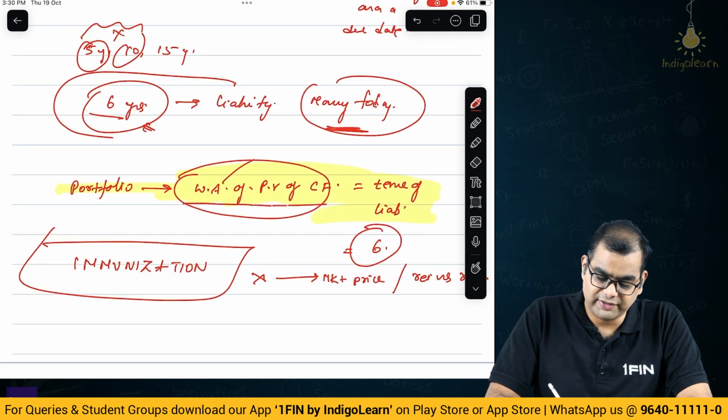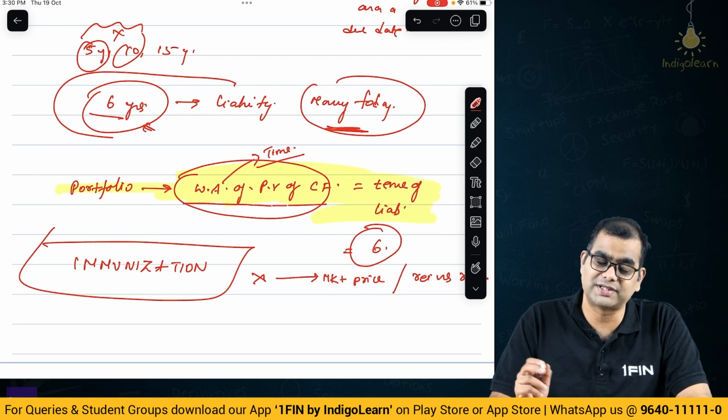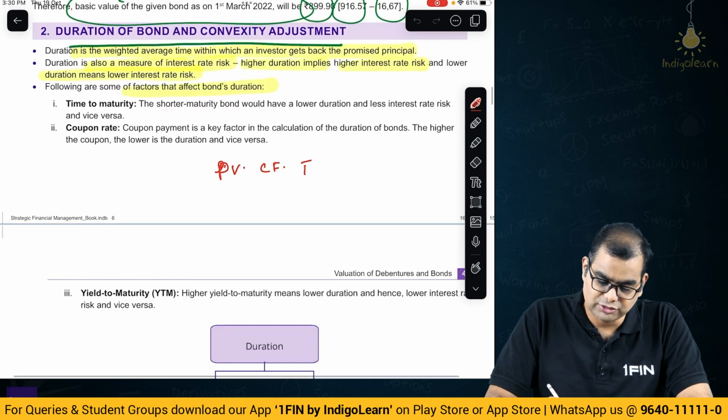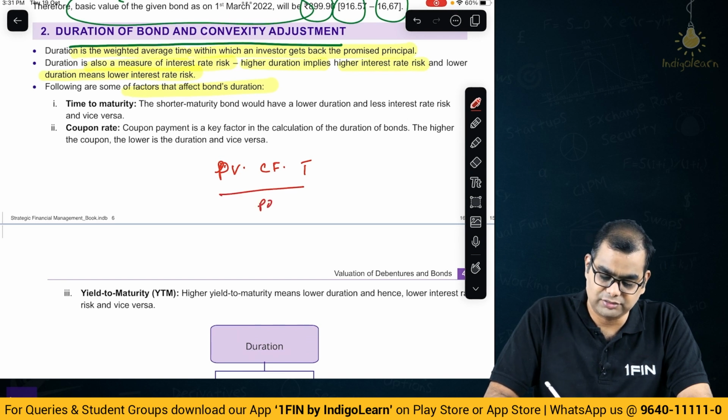Yeah, so here the weighted average is based on the time. So it is the time weighted average of this particular portfolio's cash flows; the portfolio's present value of cash flows is duration. So the present value of cash flows into time by P0, sigma of this, is the formula for duration. So what are the factors that